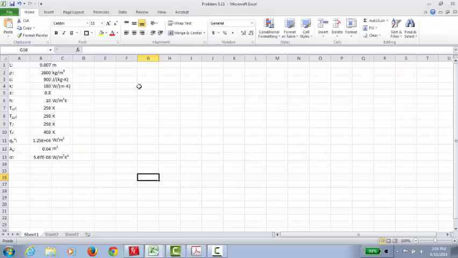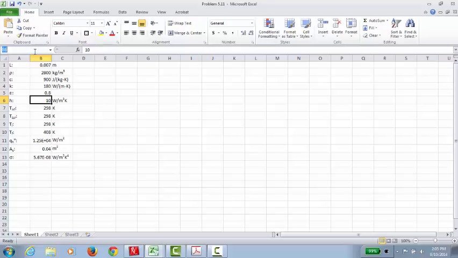So this is our Excel spreadsheet. We can see that all the parameters that are given are provided here. What we'll do is we'll go ahead and name everything. So that'll be L, rho. You can't do C because that's reserved for columns, so we'll say C sub P. Which, by the way, since this is a solid, C sub P is the same as C. K,